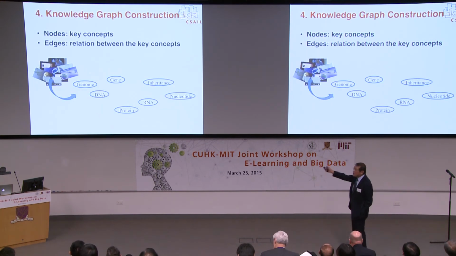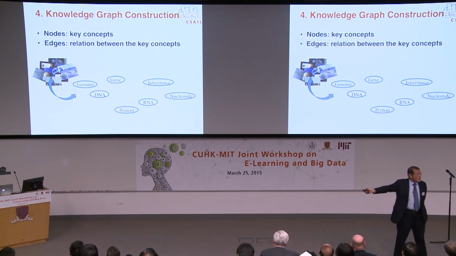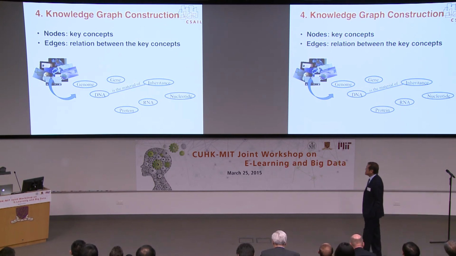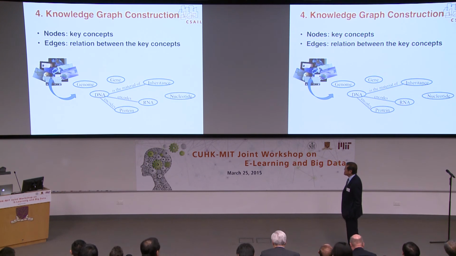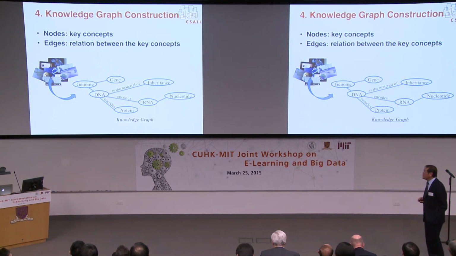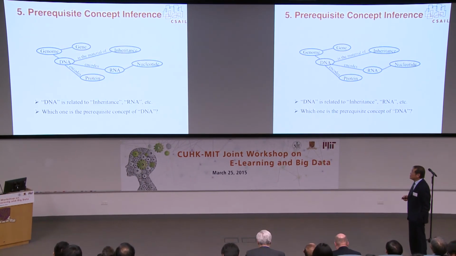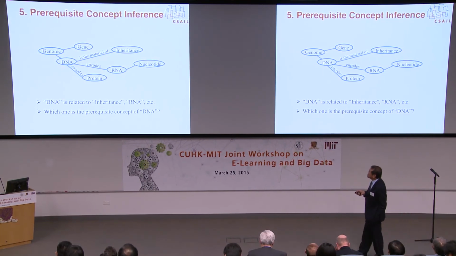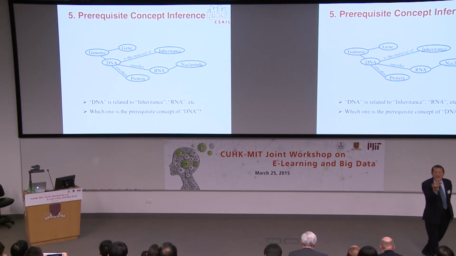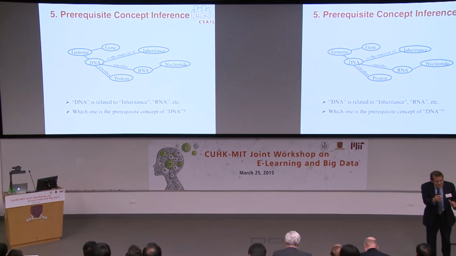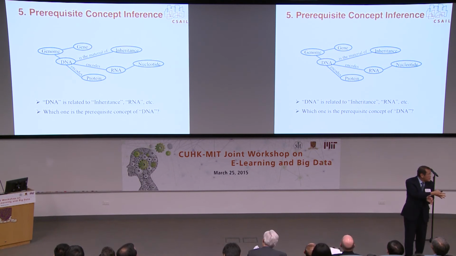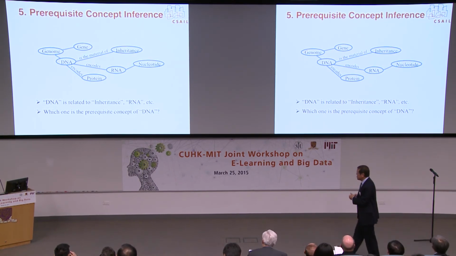The fourth step is to create something we call a knowledge graph. Once you have these entities there, and you can figure out that DNA is the material for inheritance, and then for DNA, all these links you generate automatically, creating something we call a knowledge graph. Okay? Two more steps. Then you want to learn what the prerequisite concepts are for a given entity. What does that mean? Sometimes a person says, I am lost, and we're going to say, oh, let's move on, review some of the material so that you can move forward.